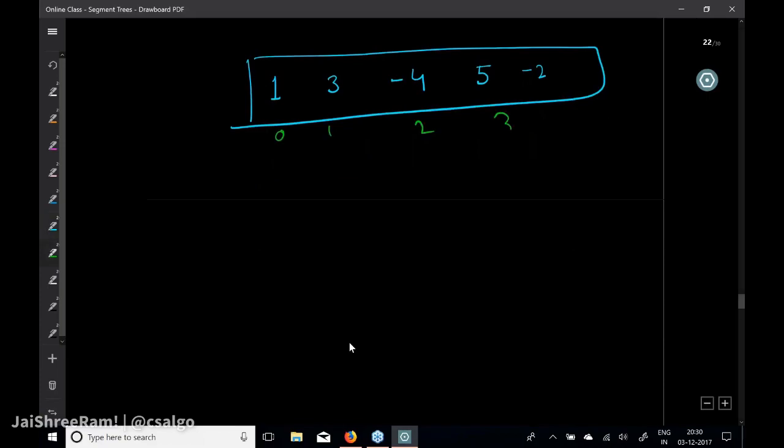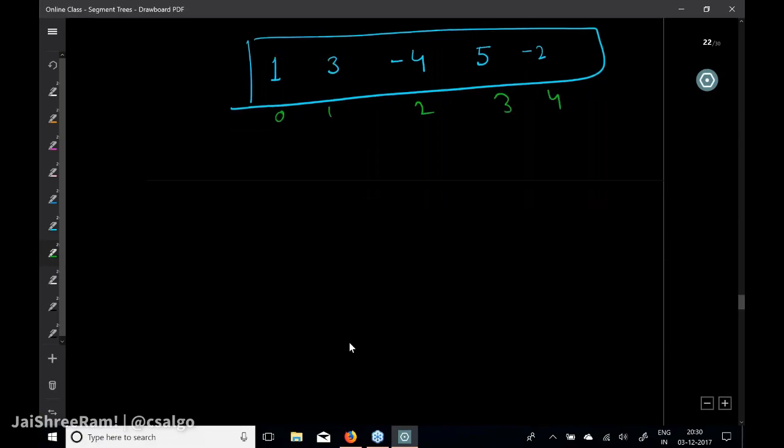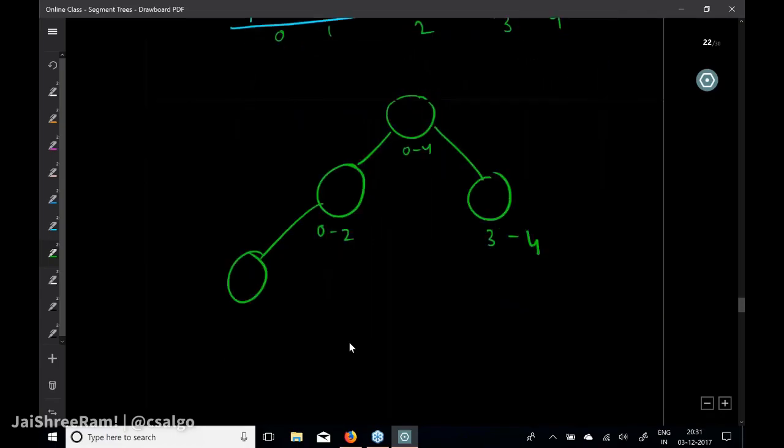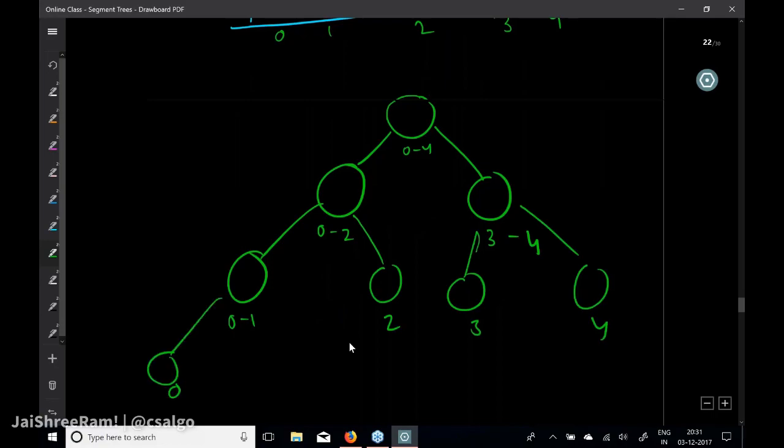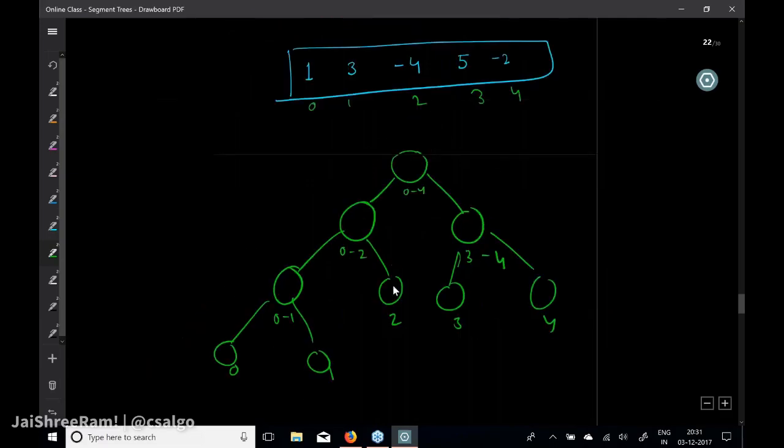अब बात यह कि 0 1 2 3 4, तो अगर मैं बोलूं मेरी ये रेंज है, ये 0 से 4 है, इसको ब्रेक डाउन किया हमने 0 से 2 में, फर्दर ब्रेक डाउन किया इसको हमने 3 से 4 में, ये हो जाएगी 0 से 1, ये हो जाएगी 2, 3, 4, 0 और 1, राइट? ऐसा ही होगा।